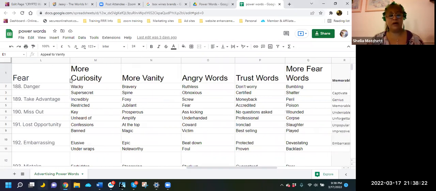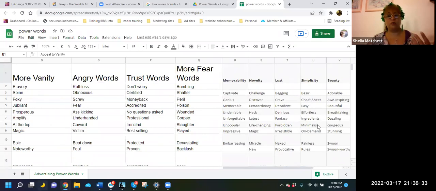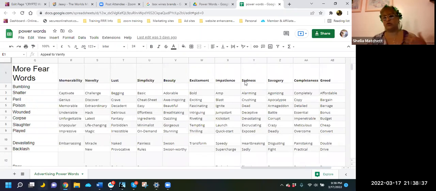So, you've got vanity, you've got anger, memorable things that are memorable to people. These are novelty words that people look for: beauty, lust, excitement, savagery, sadness, impatience. These are words that people are looking for that will draw their attention. So when you write your ads and your meta description, use these words to start off your